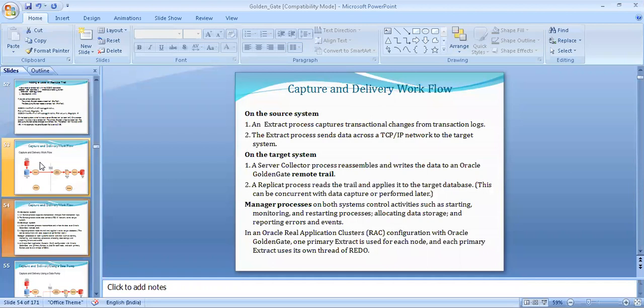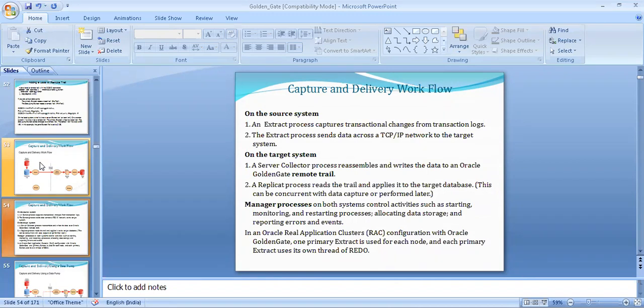So here is the example: the extract process captures transaction data from the transaction log and sends data across the TCP/IP network to the target database. The extract process is the main process in the source environment. It reads the transaction file, meaning the redo log file in the case of Oracle, and stores it in a local trail file.